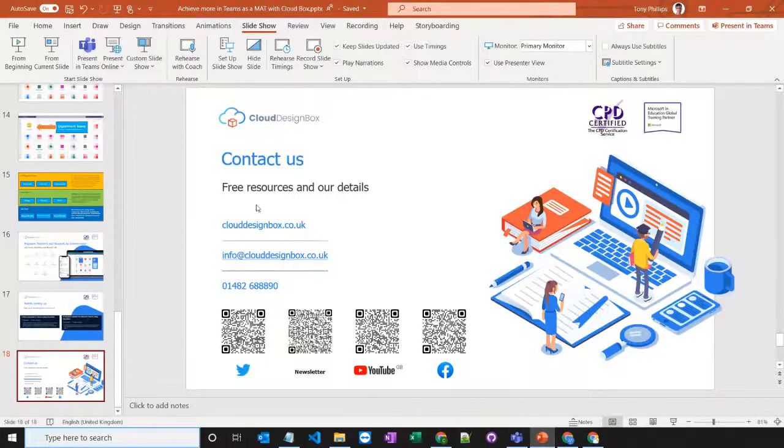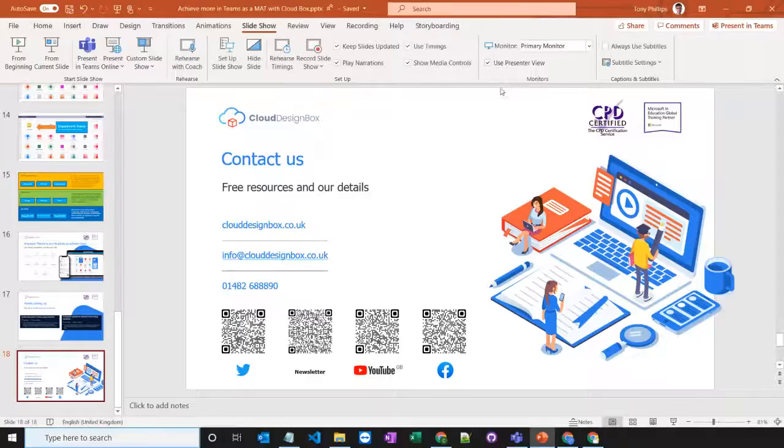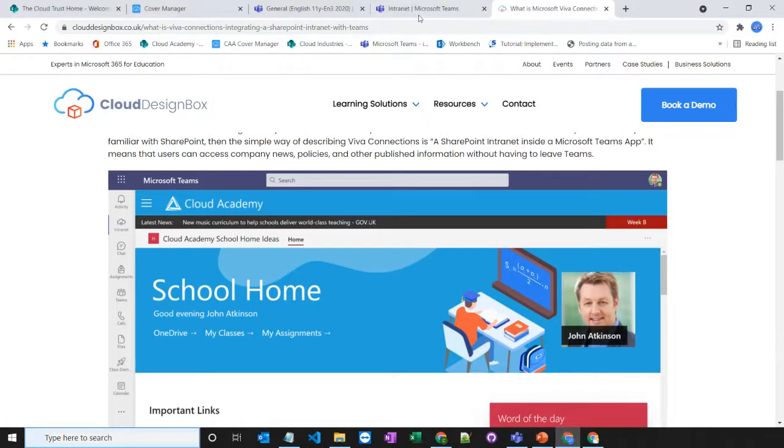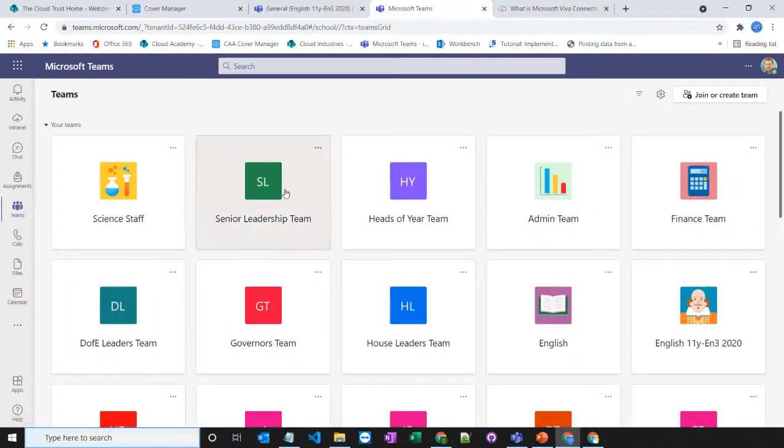Any other questions, Lloyd? There was one other question. This was just more about channels in Teams. If people already had some Teams set up and they're using those channels, and they were using that in a SharePoint site as well, is there a way that you can access those files in the channels from the SharePoint site? Okay, so you're saying that if we're in one of these, if we're in a team,